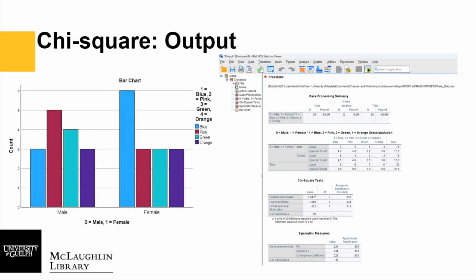Long story short, where it says asymptotic significance two-sided, that's your p-value, where it says Pearson chi-square. Here it's 0.650. If your p-value is less than our golden threshold of 0.05, we would say there is a statistically significant association between the variables. So gender and color would be associated with each other. Here we have P is greater than 0.05, and we would say we failed to find a significant association between